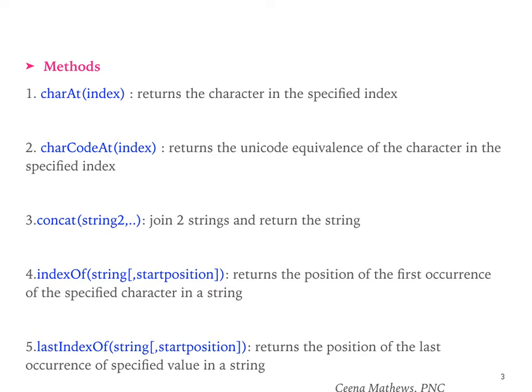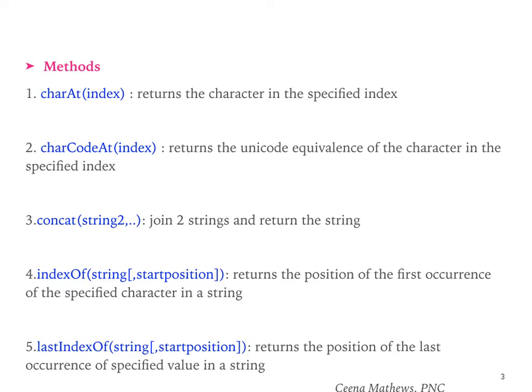Next, lastIndexOf, where the I in Index is capital. Here also we have the same parameters as that of indexOf. The first parameter is the string, the second is the start position, which is again optional here, and it returns the position of the last occurrence of the specified value in a string.